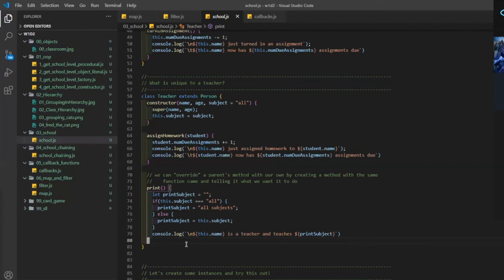So, it's a great question. We need to make sure that this looks just like our parent, but then I can change whatever's inside of it. So I can override a method with my own special implementation. And that's a really important thing about